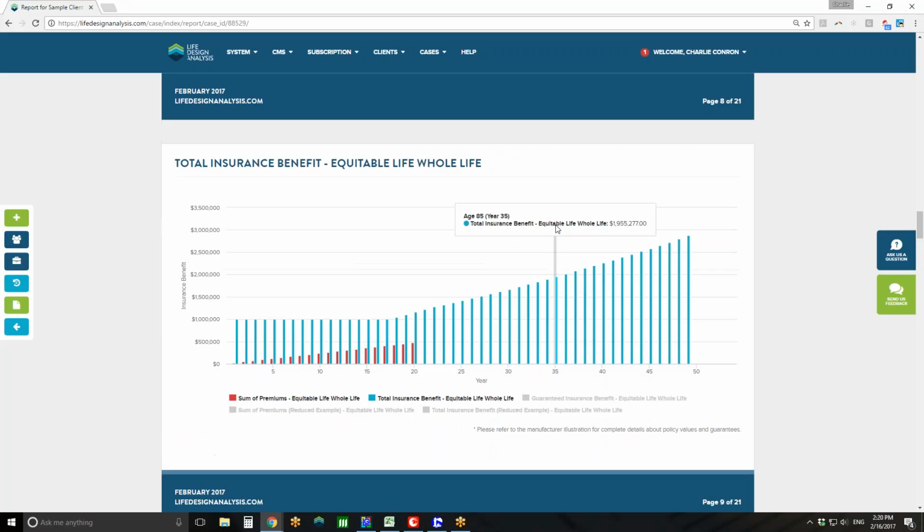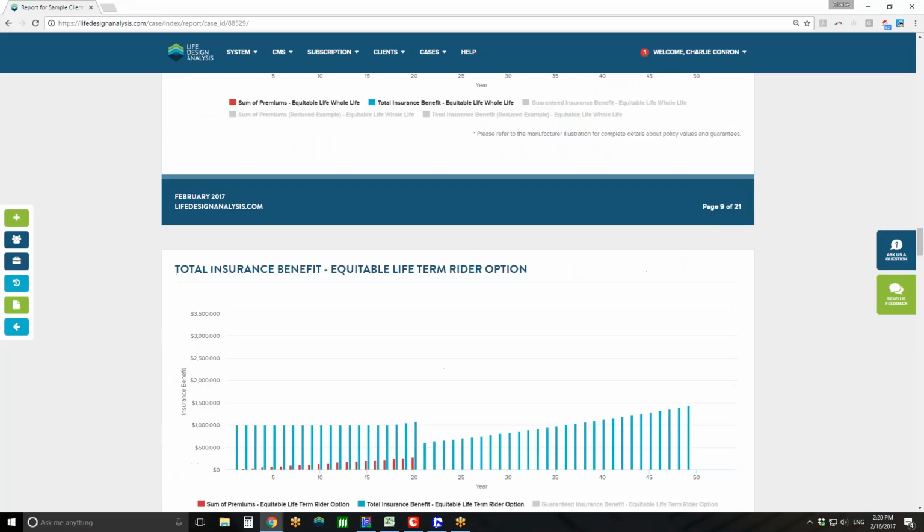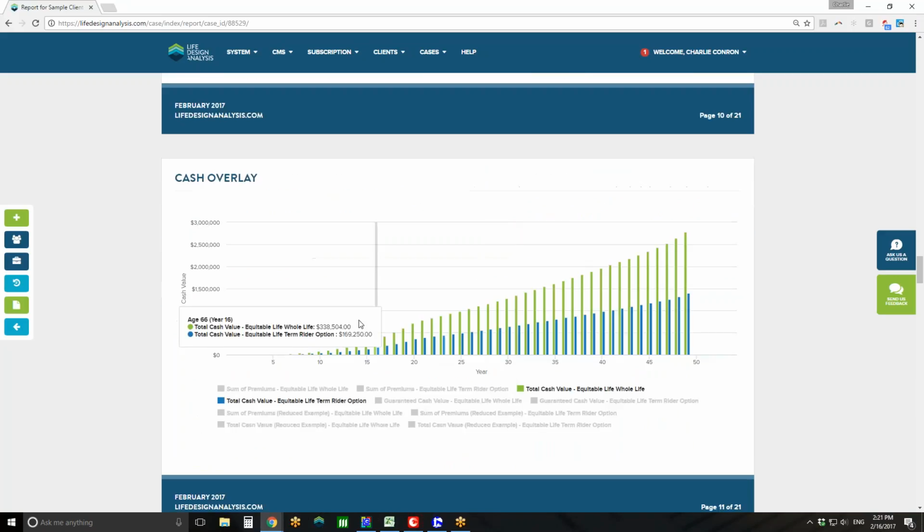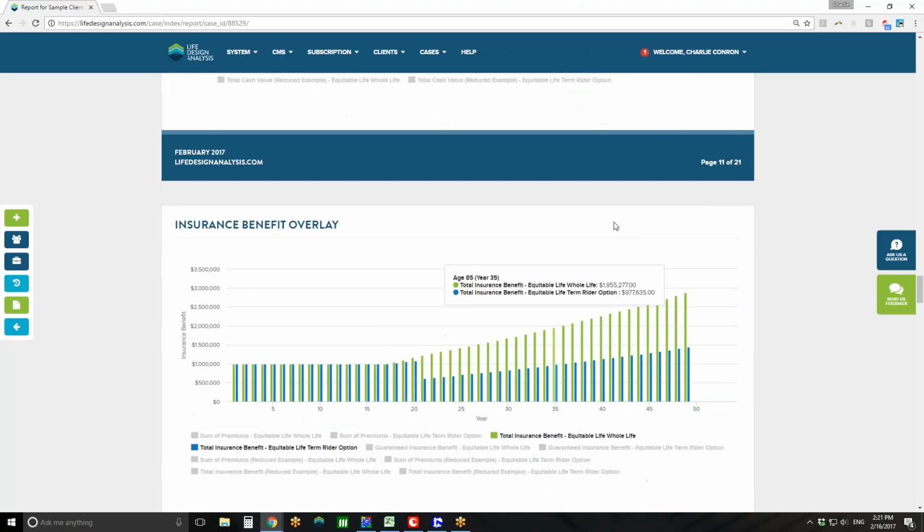Now again, as you design these yourself, feel free, if you don't want to see that gap in there, you can add additional riders. You might add additional base coverage to make sure the coverage gets a little bit more grown up, and covers them at a specific age point. You might not be concerned about premature death so much, but if they do have a definite need for $1 million, you might want to make sure at age 80 that it works. But again, I think it's an incredible strategy to show not only a little additional value, but also an alternative